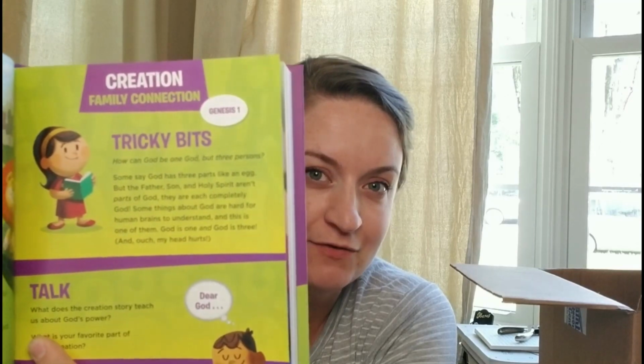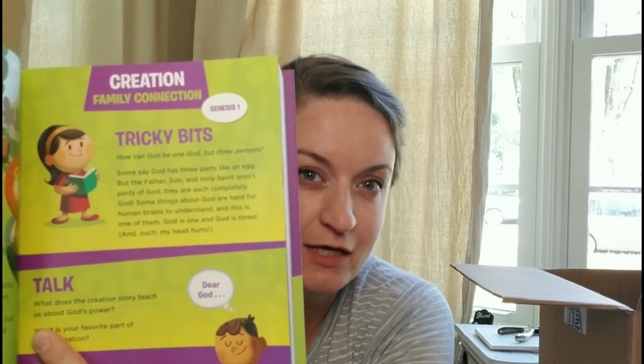So I like at the end of each chapter, there's this family connection section. So that means at the end of each chapter, it'll give us a few questions to maybe address with our kids. And I thought that would be kind of handy. And, you know, in the place of a Bible curriculum, that would probably be plenty, especially since some of the other things we're using, like the Before Five in a Row, also have Bible verses. And I mean, just like our own Bible teachings in our home and prayer time with them. I mean, it's not like this is the only Bible time we have, but